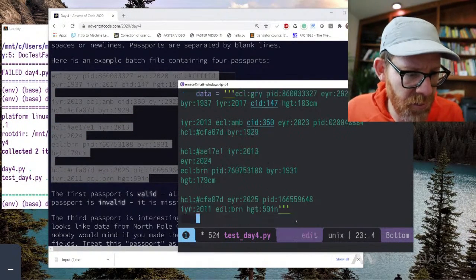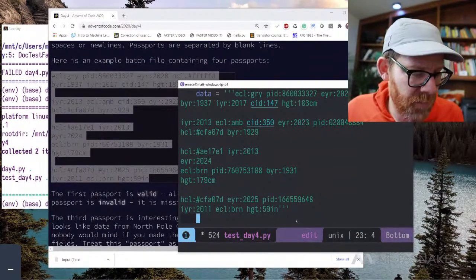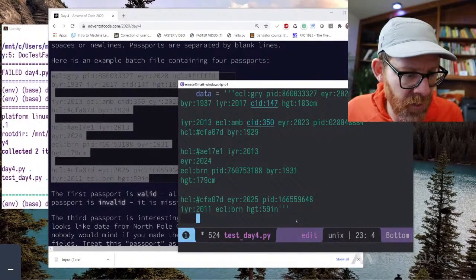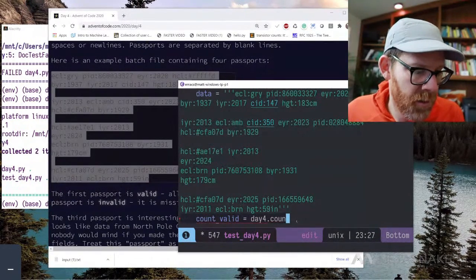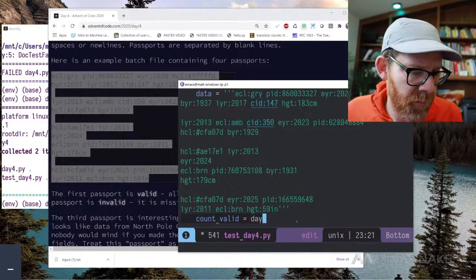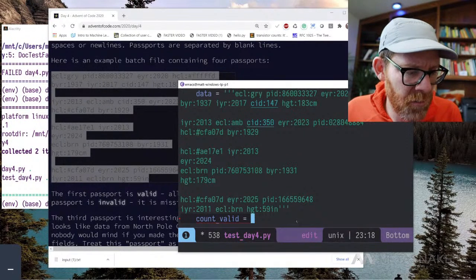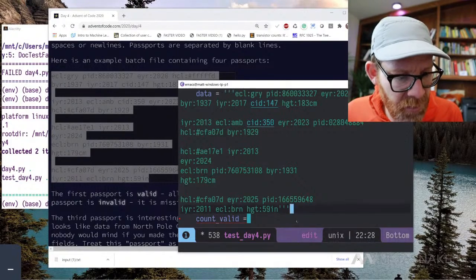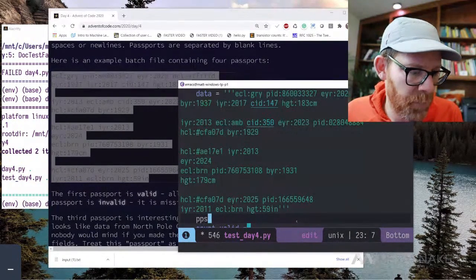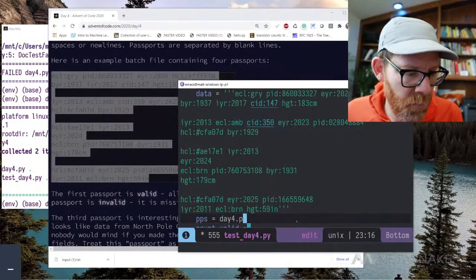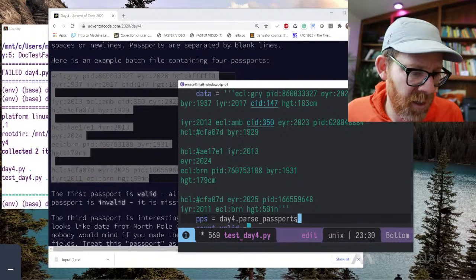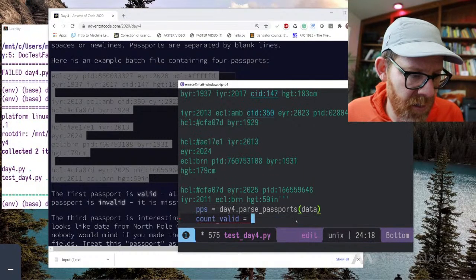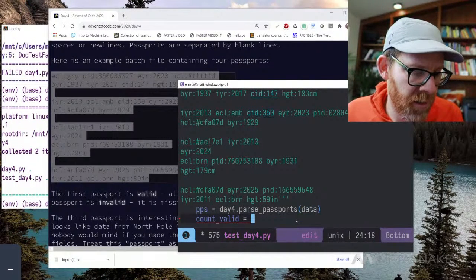Okay, so there's our data, and what I want is a function in day 4. I'm going to say pps is equal to day4.parse_passports. So this will give me a list of dictionaries from our data,